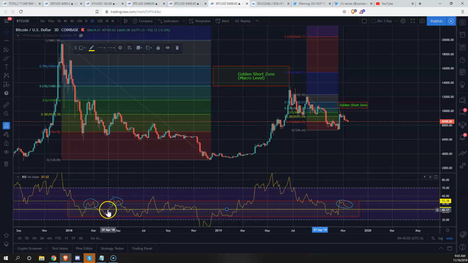And you can see back here, it wasn't perfect, but it was a fairly good indicator of resistance/support, right? Broke above it, retested it, support, and so on and so forth. And then once we fell out of this box, that was a sign that the bear market was bottoming out and that things were coming to a close.